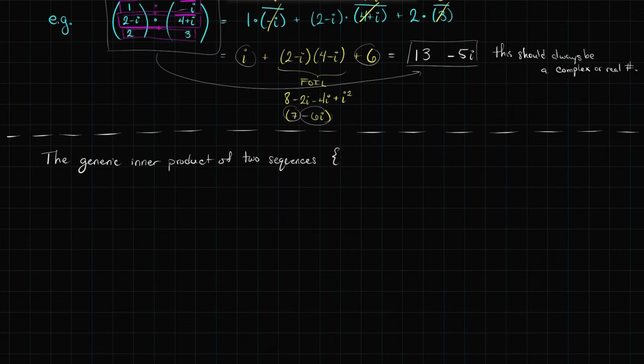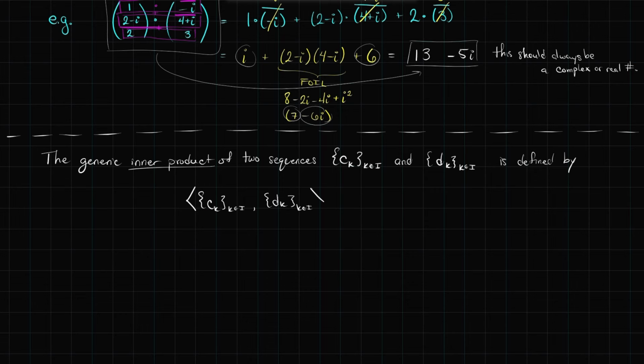Let's say my first sequence is c sub k, where k is in an index set for my sequence, and d sub k, where k is also in that index set. I'll use the angle bracket here: ⟨c_k, d_k⟩, where k is in my index set. It's going to be c superscript k conjugate d subscript k. That way we can use Einstein's summation